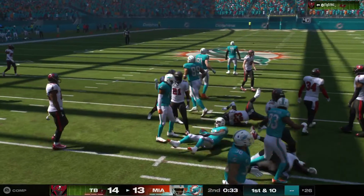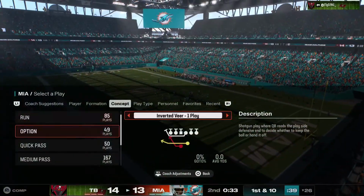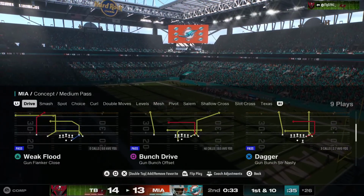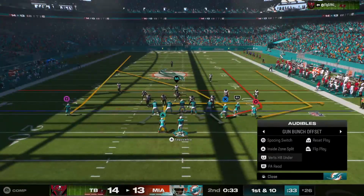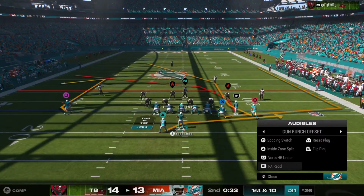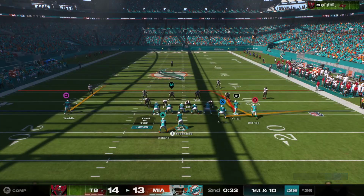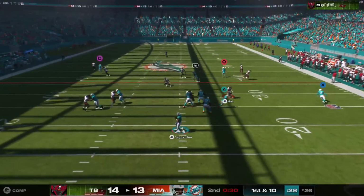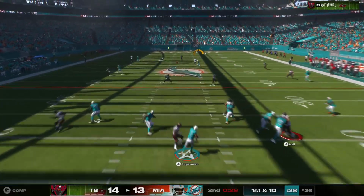And up to about the 26-yard line, just across the 25. The Dolphins at the line, ready for their next drive. A slim deficit here in a 1-possession game. Not much time left, obviously. We'll see if they can march this down the field, at least get 3 and take some momentum into the